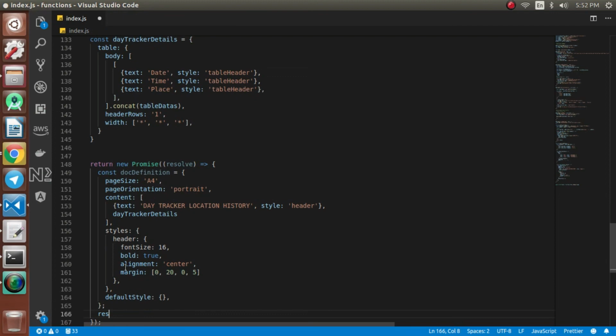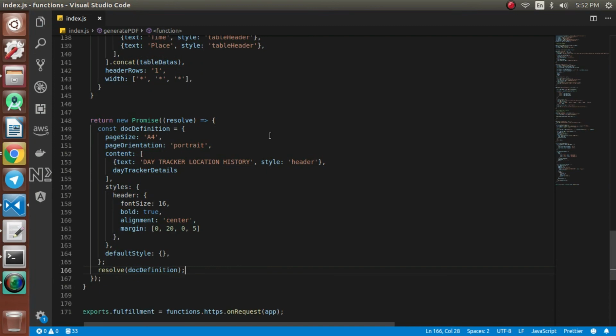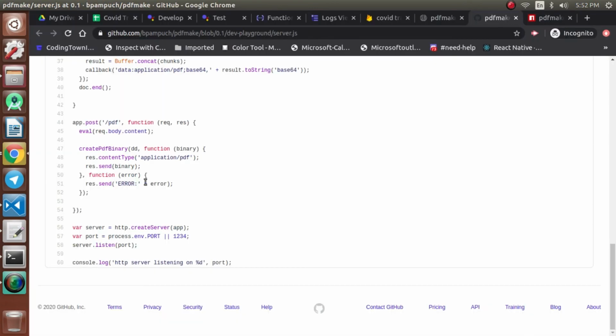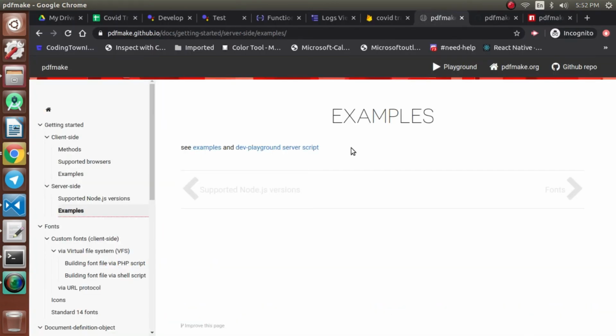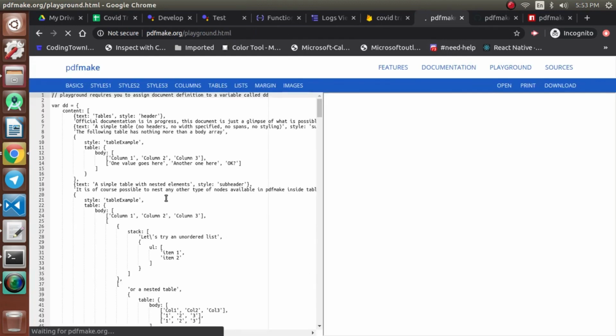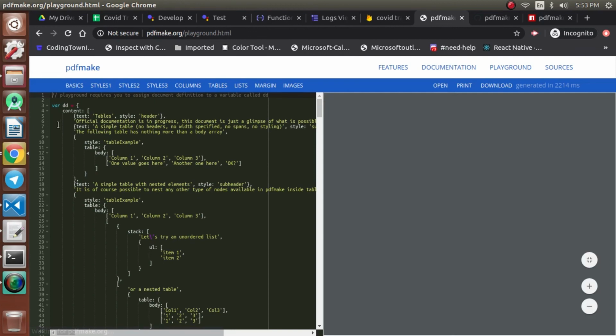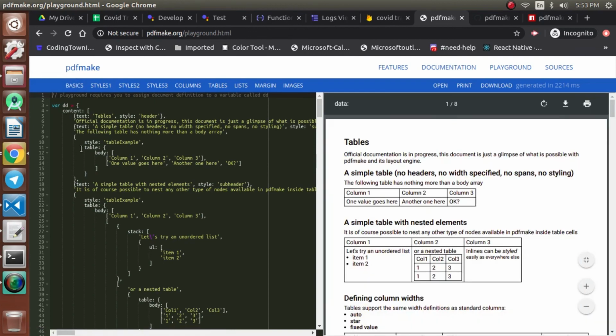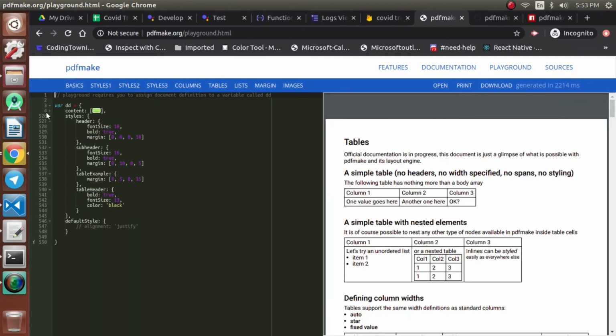Then we'll resolve this doc definition. You might have a question about how these things are done. I have already seen the documentation, that's the reason I've been doing it faster. If you want, you can check out their playground and take a look at how they are done. In the contents part, we have done as usual, the same as they have done it, and then they have written the styles for their